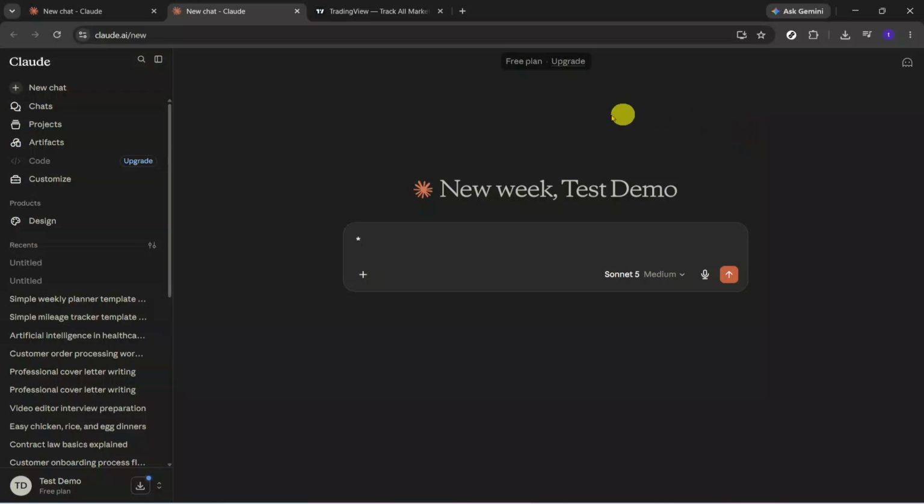Hello, today we will guide you through how to give Claude access to your local files. To begin, open Claude and go to the New Chat page. This is a good starting point because it places you inside the main workspace, where you can access your account